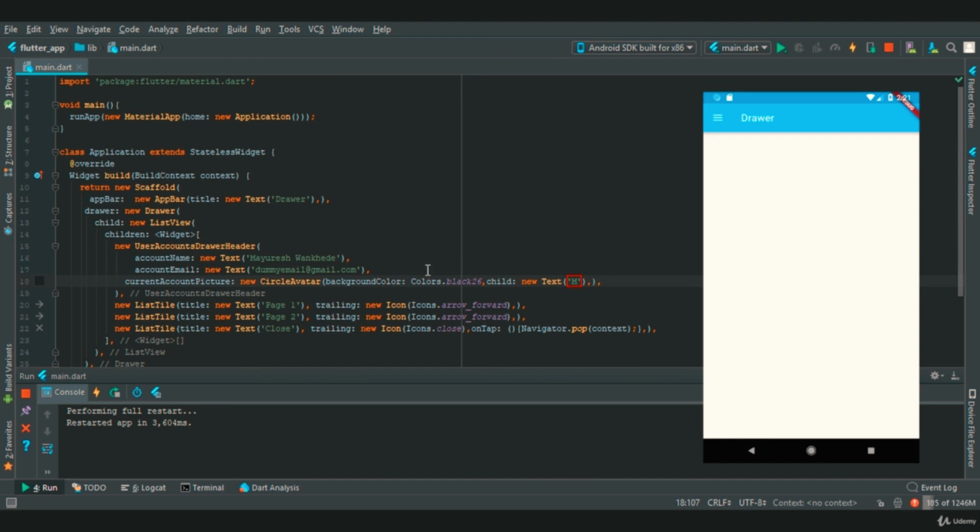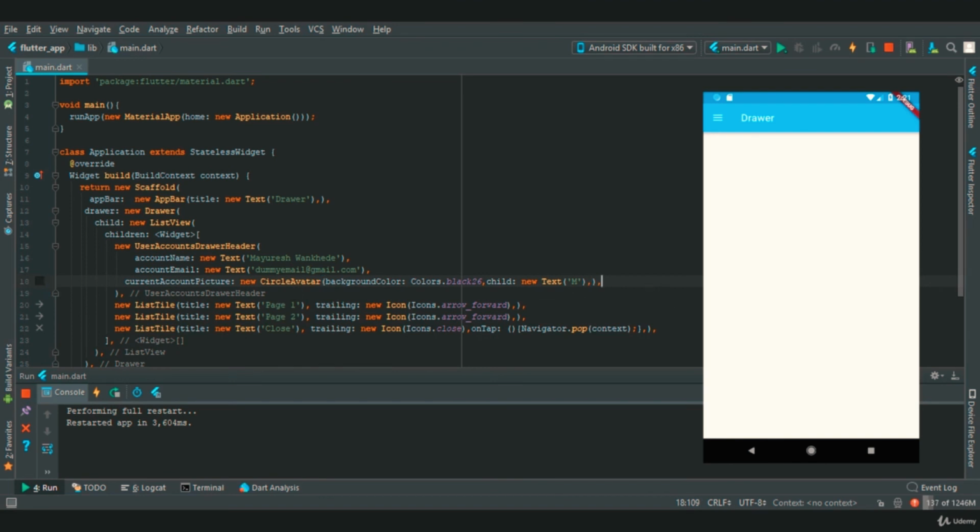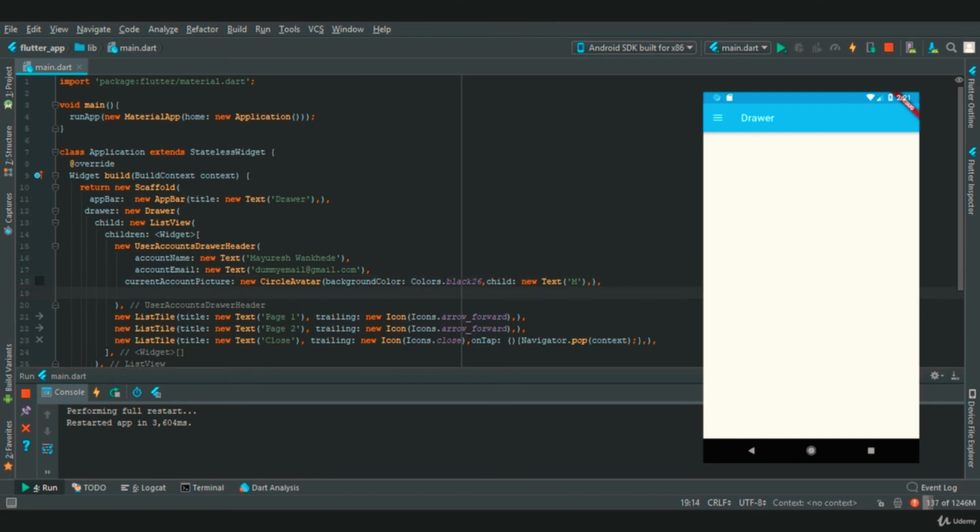And the next property that we are going to see in user accounts drawer header is decoration. In this we need to add a new BoxDecoration widget, in which we are going to provide color, let's say Colors.orange.